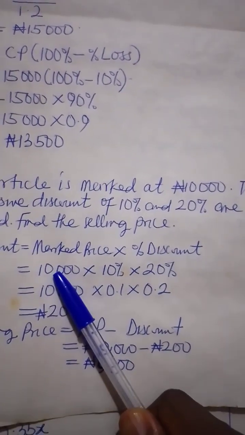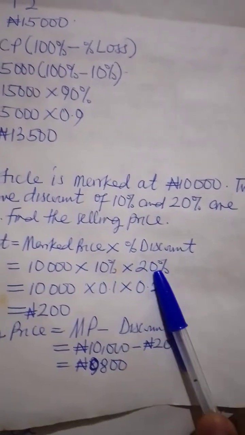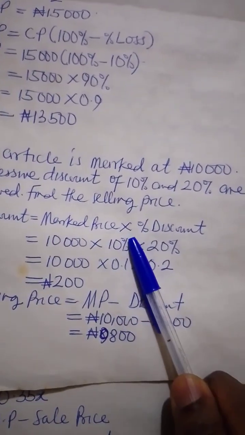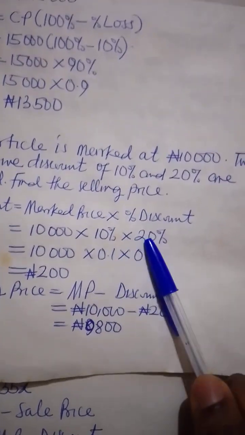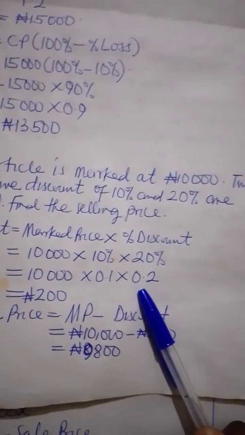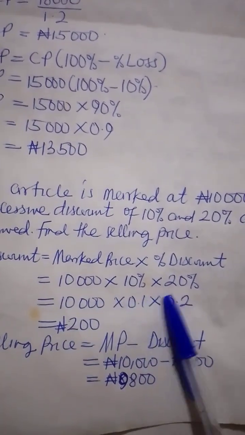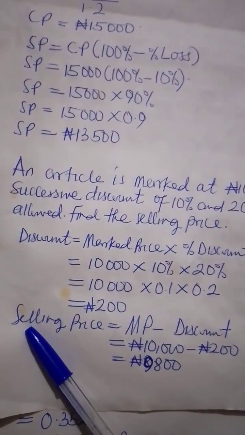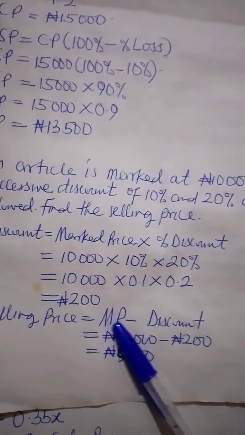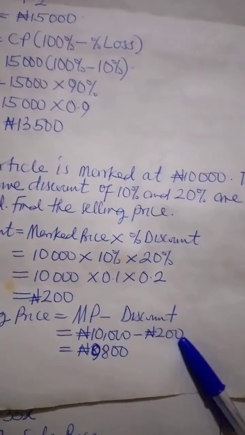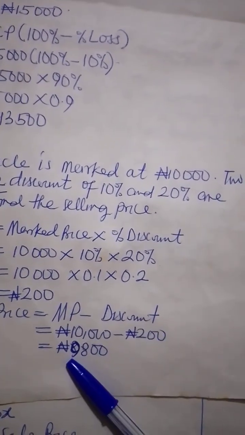We are given 2 successive discounts, 10% and 20%. By the time you resolve that, 10% is 10 over 100, 0.1. 20% is 20 over 100, 0.2. And eventually, if you resolve this, you're going to get 200. So our selling price is marked price minus discount. So 10,000 minus the 200, that will give us